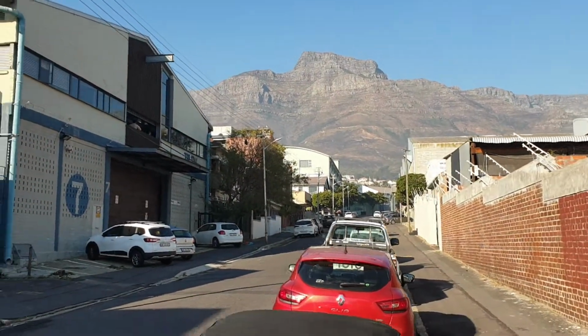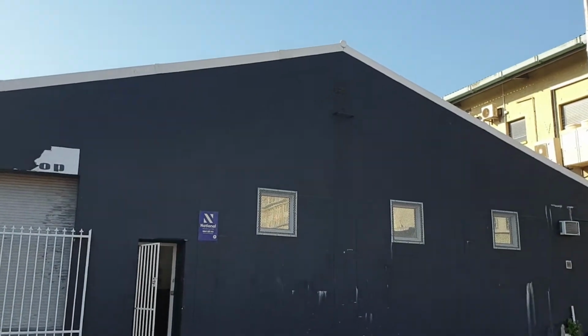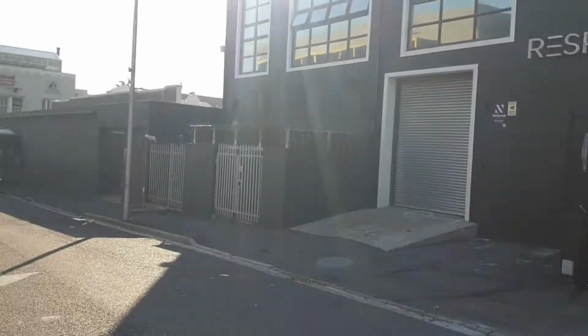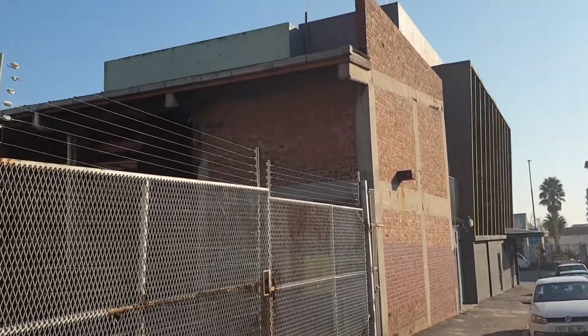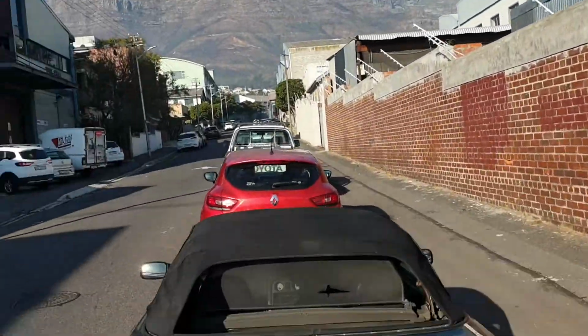Today I have got a warehouse that is on the market and for sale. It's right here in the middle of the city, Woodstock. There's a woodwork place here across the road, and you're seeing it all